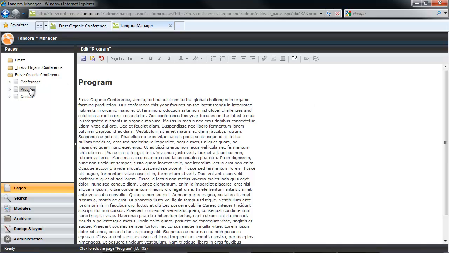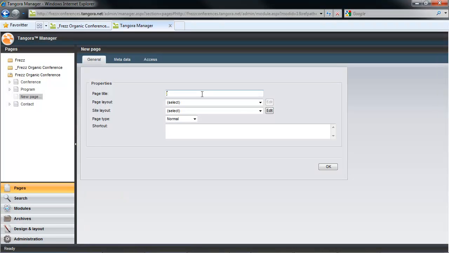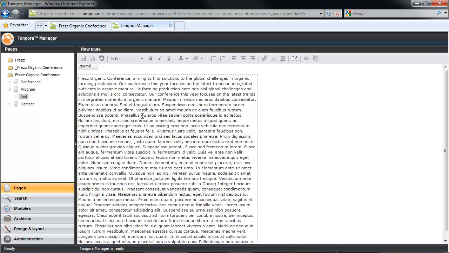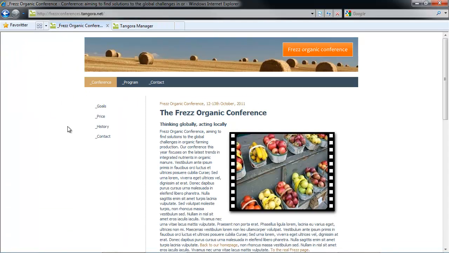But when I create a new page, I only have space for my body text. What I want to do now is create a page layout which automatically gives me a place for my headline, and set up my site to automatically make that the default page layout when I create a new page. Plus I have a little bit of informational text up here with some dates which I want to appear automatically.